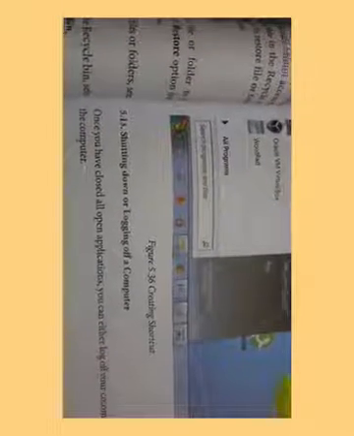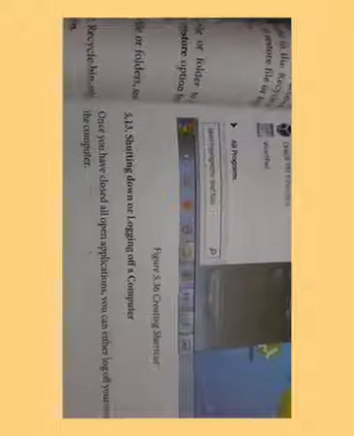This is the purpose of the log off option. And shutting down means normally we can't switch off the system directly like a TV. If we are using a TV we can directly switch it off, but with a computer we need to properly turn off the system.